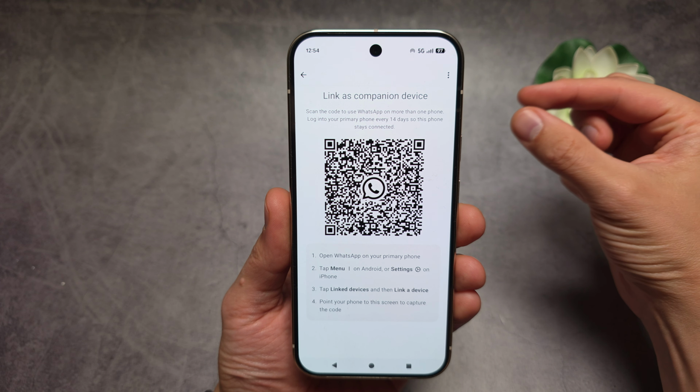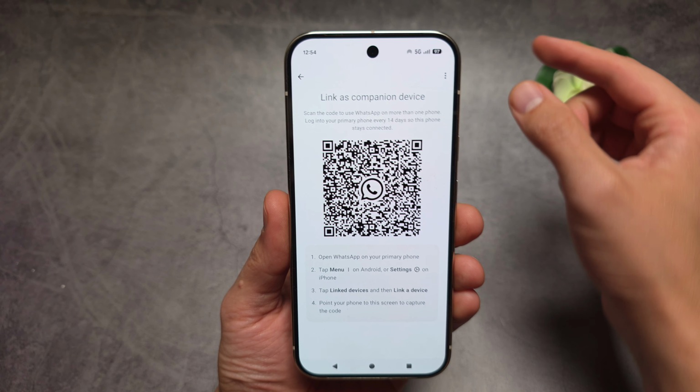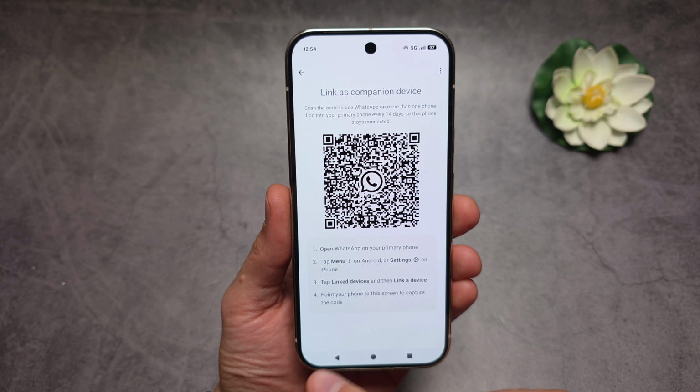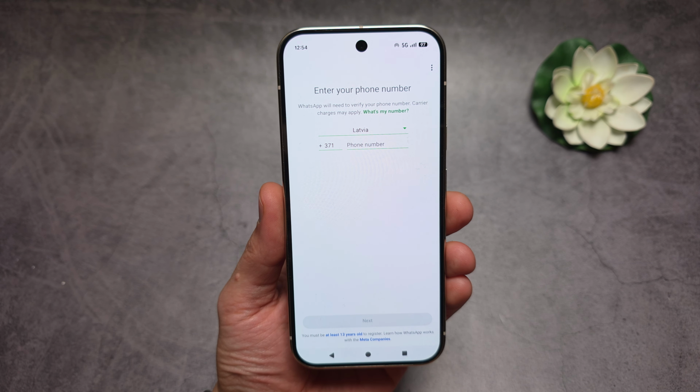So if you maybe have your main WhatsApp on another device, you can simply use it on multiple phones at the same time using this option here. Okay, like